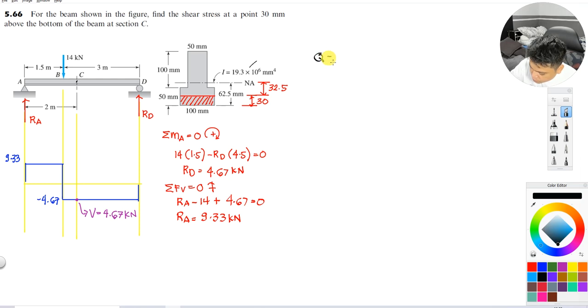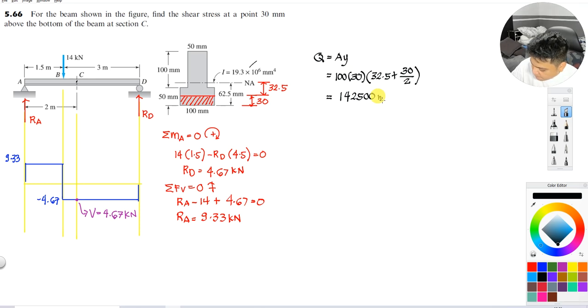So for the Q, that is the area multiplied by the Y. So nasa baba ako. Okay? So you can have it as 100 by 30, and then its moment arm is 32.5 plus 30 all over 2. So you have now the Q: 100 times 30 times 32.5 plus 30 all over 2. So you can have it as, okay,